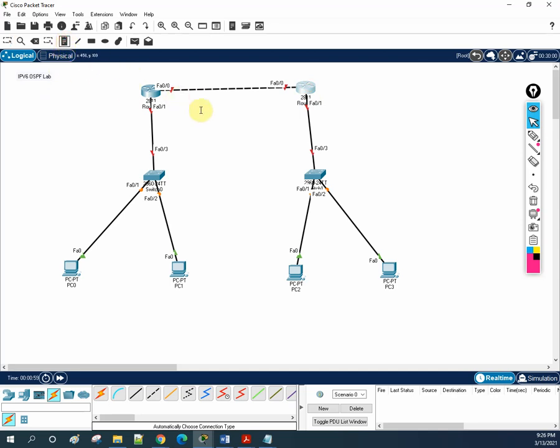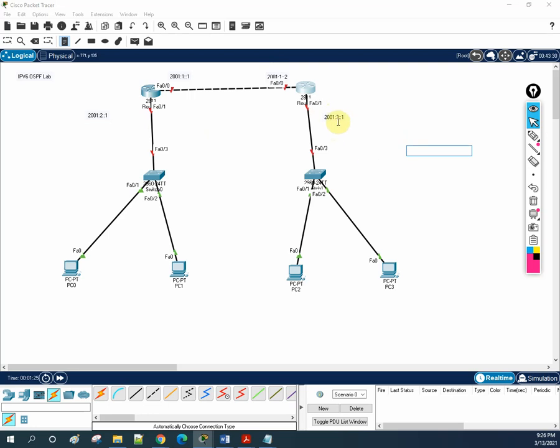Here we can define any IP, or now we are familiar, so we can write it easily: 2001:1:1. If you have confusion, let me know. Same thing I will type here, instead of 1 I will write 2 here. Same thing here, because I am changing the network, I will change this and instead of this I will change it to a 3.